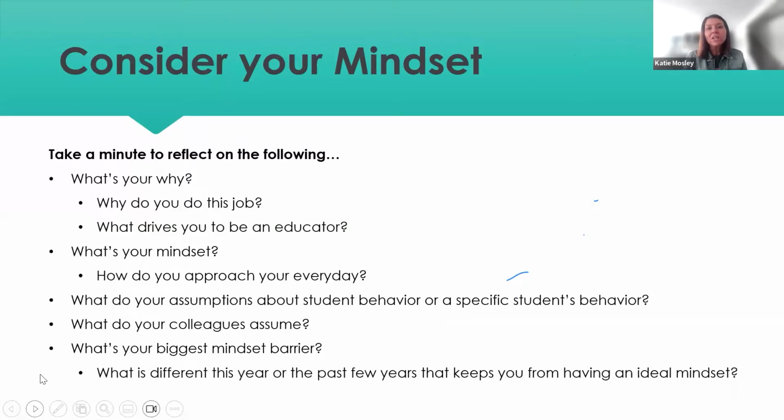So when we talk about behavior and considering some of our own actions and behavior, one thing that we want to consider is our own mindset. So I just want us to take a minute and kind of reflect a little bit. I promise we won't get too touchy-feely and all of that. You get as much of this, as deep into this as you want, but really reflecting on